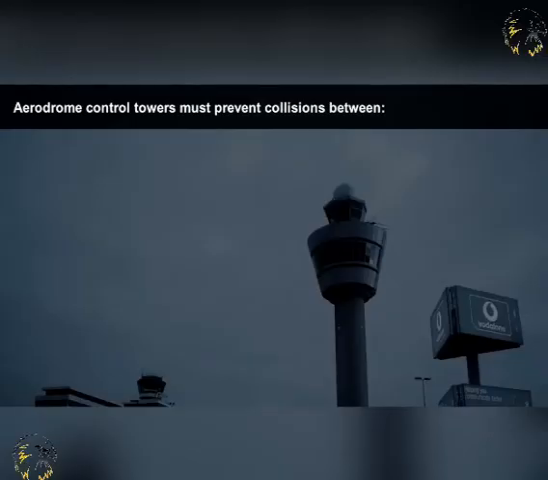Aerodrome control towers at controlled aerodromes issue information and clearances to aircraft under their control to achieve a safe, orderly and expeditious flow of air traffic on and in the vicinity of an aerodrome, with the object of preventing collision between